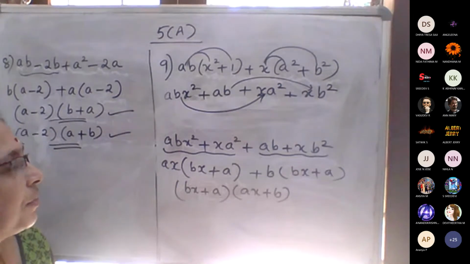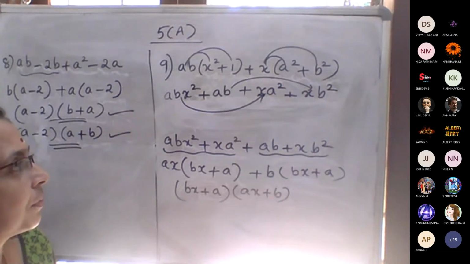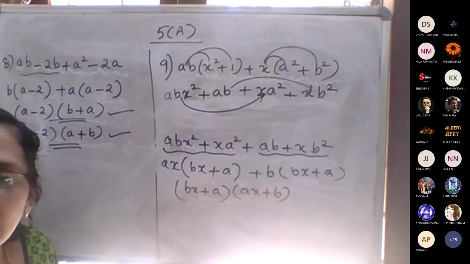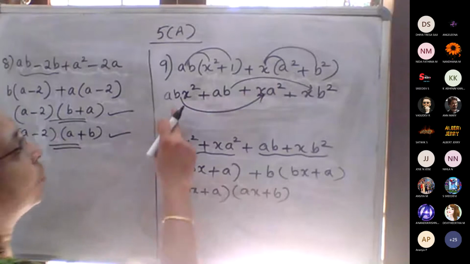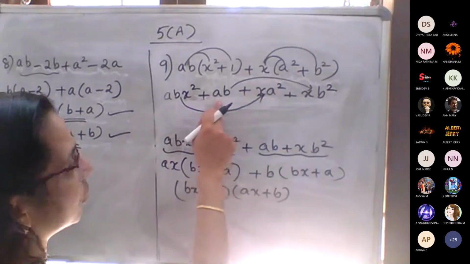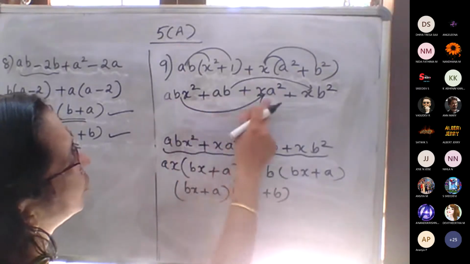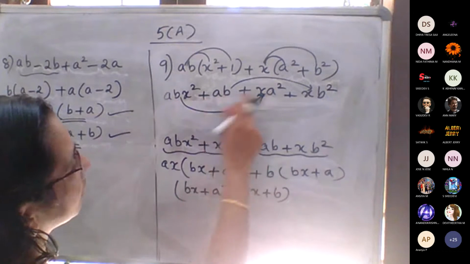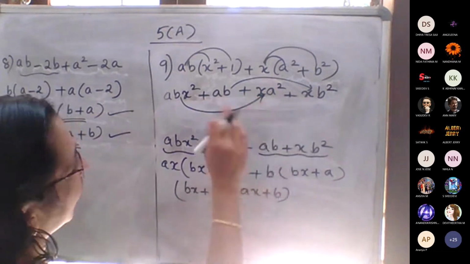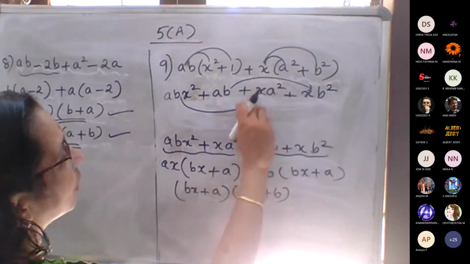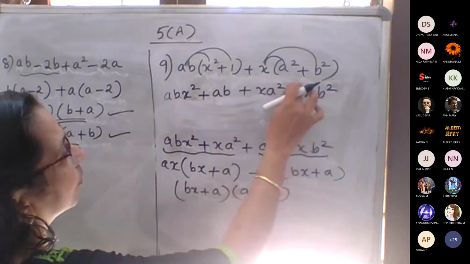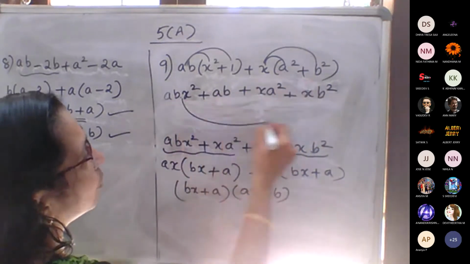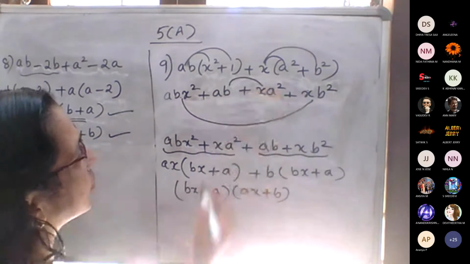Up to this clear? Yes, ma'am. Then I have a doubt, you have to clear that. Okay. So first, if we took these two, we won't get it. So I told you to do the first and the third one, and the second and the fourth one. I don't like this friend, x a square. I don't want this. I want to become friends with this one and this one. Is it possible or not?